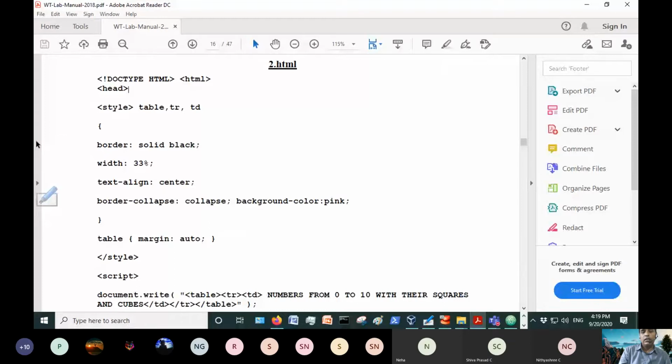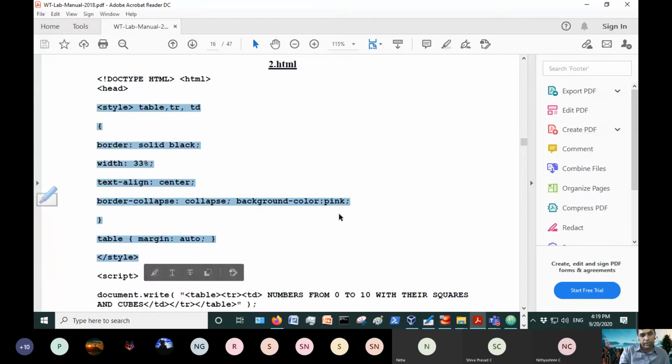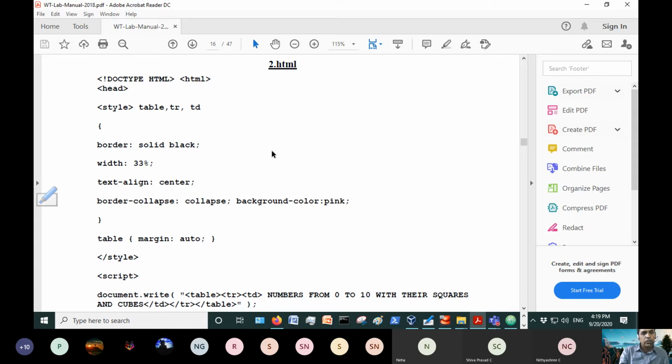It is not given inline, because we are not giving the style within each tag. If the style were within each element or each tag, then it would have been inline. Right now, we are giving the style within the style tag, and the style tag is within the head tag. That's why the CSS that we are using is embedded CSS.